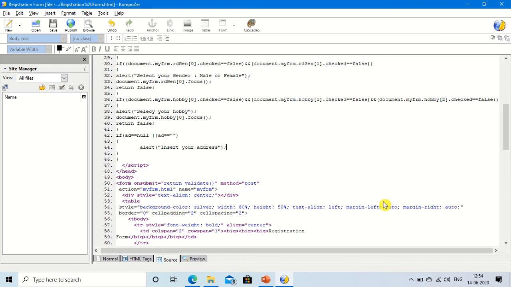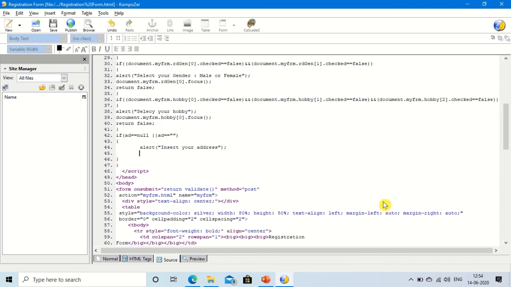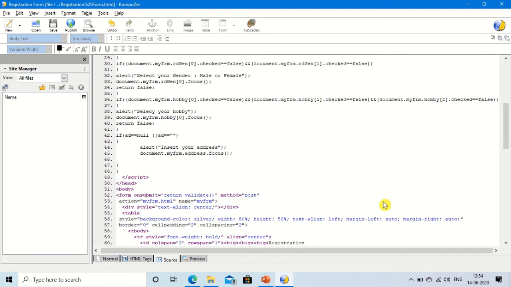That is a message that will pop up when the user is not inserting the address and clicking on the submit button. Then document dot myfrm dot address dot focus, then return false. Save it